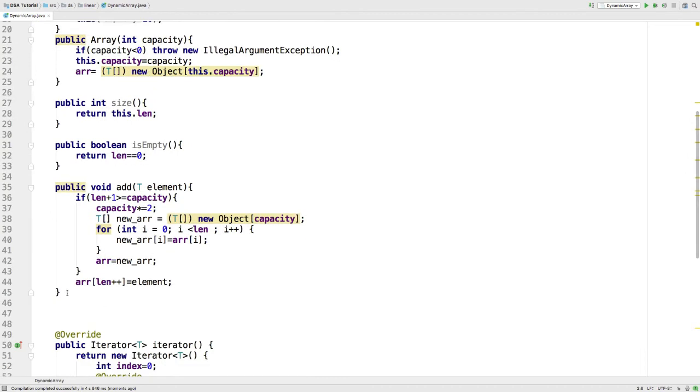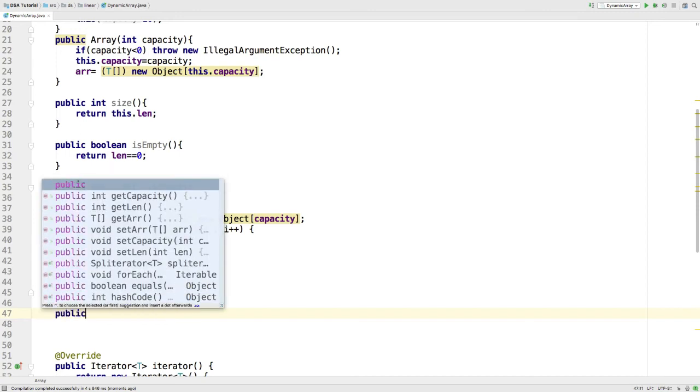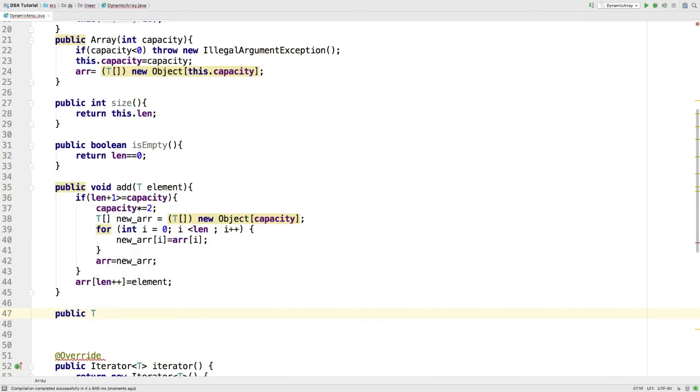So after the add method, for getting a single element at an index, let's define a method for that. Public T get, and it will take index as a parameter.